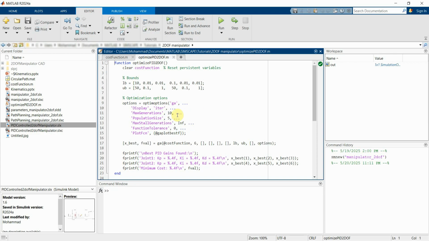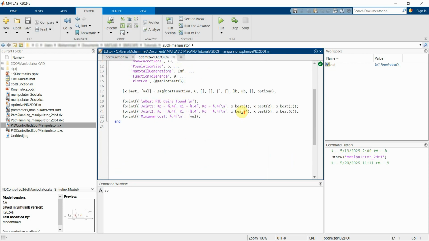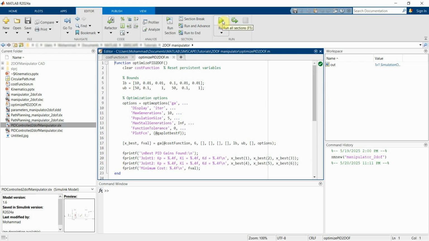I have set the maximum generations per iteration to be 10 and the population size to be 5. In total, I will have 50 sets of parameters in which the optimization toolbox could find the optimal value. You could increase these values to have a better and more accurate set of gains. But for now, this is enough. If I run this script,